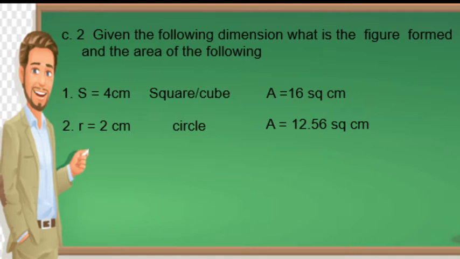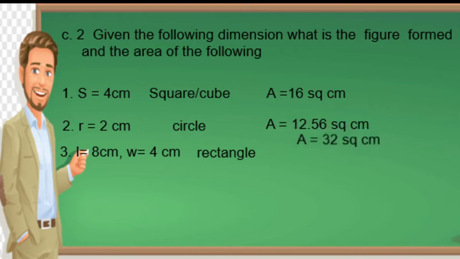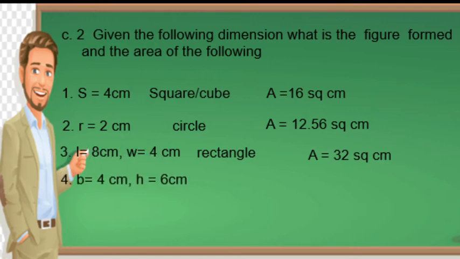12.56 square centimeters. This one, the length is 8 and the width is 4. What is the figure formed? This is a rectangle, and the area is 32 square centimeters. The base is 4 centimeters and the height is 6 centimeters. What is the figure formed? This is a triangle. And the area is equal to